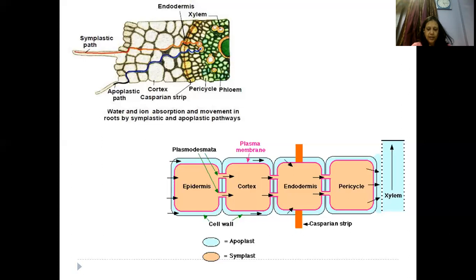Immediately the adjacent cortical cells inner to it have more DPD value because their osmotic pressure is more. Therefore the cortical cells will suck water from the turgid root cell and it becomes turgid, and the flaccid root hair now absorbs water from the soil. So what happens? The water tends to pass through the epidermis, through the cortex, through the turgor pressure and the diffusion pressure deficit.